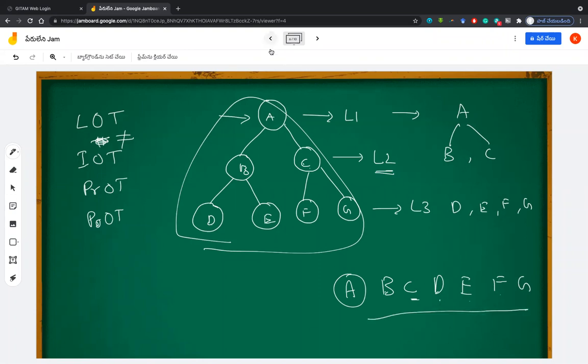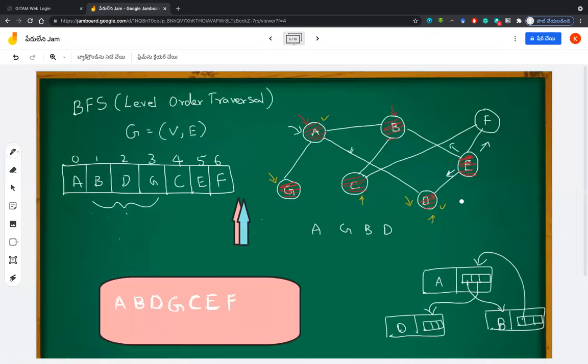The same thing, but the graph doesn't have any structured way of levels like your tree representation. It has many different things, right? So its structure is completely unorganized. But we can still go for level type. What is the level type? If I start at A, I might think that A is my root. So I will see that G, B, and D are the next level. And I can take any of the nodes, like I can take B. I will take the next level of B as C and E. So that is the reason why this is called a level order traversal.